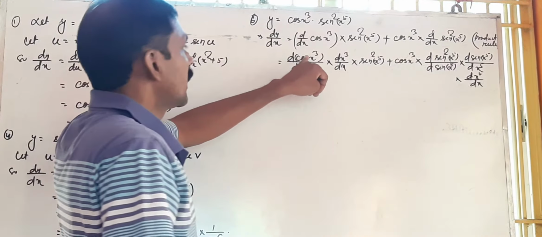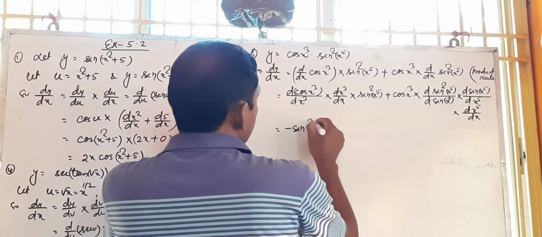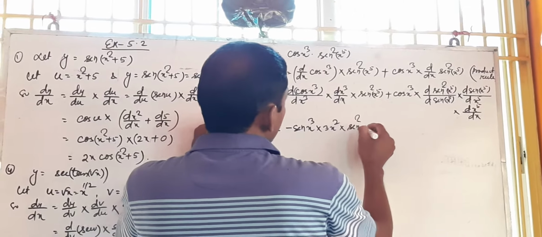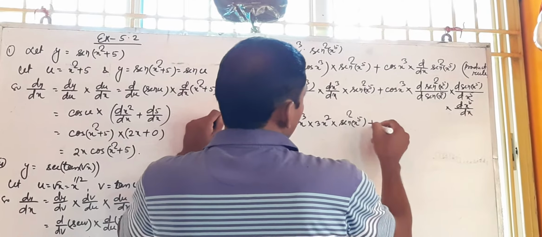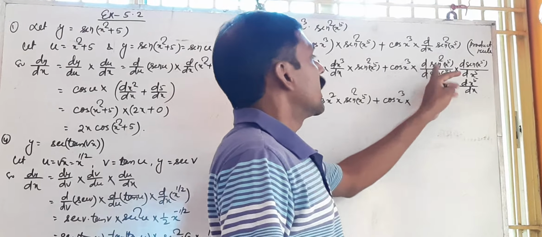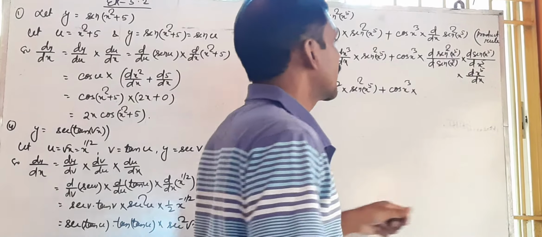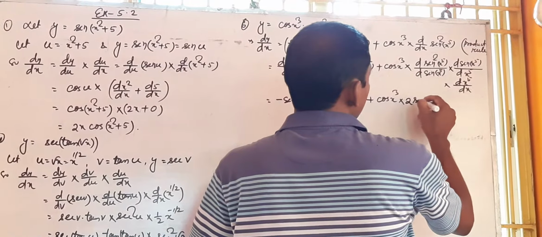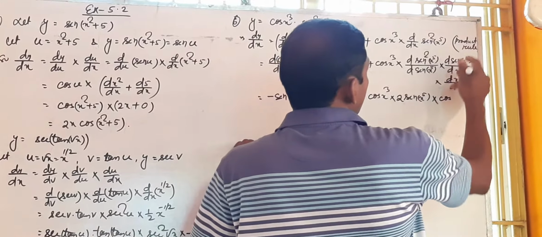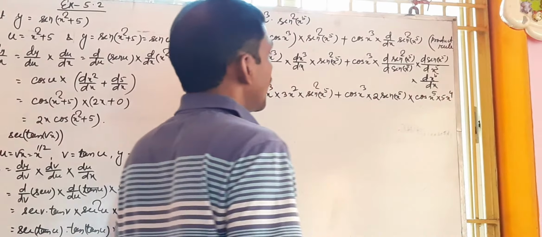Now it is in the form of the derivative of cos theta with respect to theta. The derivative of cos theta is minus sin theta, so it is minus sin x cube into 3x square into sin square x to the power 5, plus it is cos x cube into, again, if you take sin x to the power 5 as a, then it is the form of the derivative of a square with respect to a, 2a, so it is 2 sin x to the power 5 into, it is sin theta with respect to theta, cos x to the power 5 into, last is 5 x to the power 4.